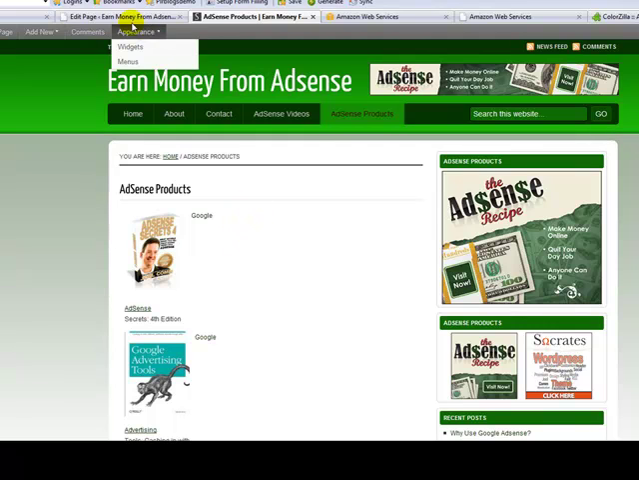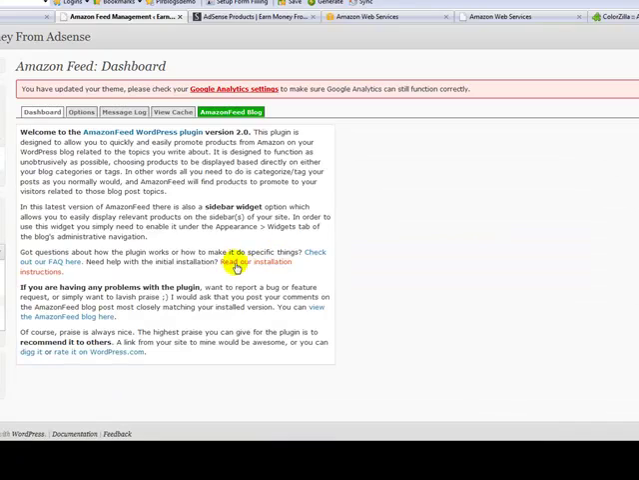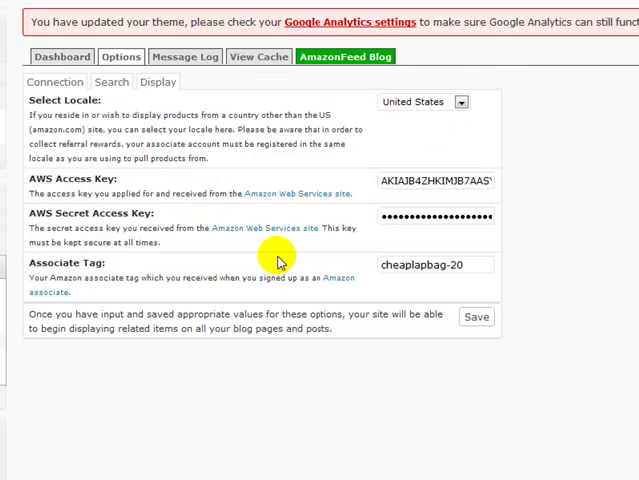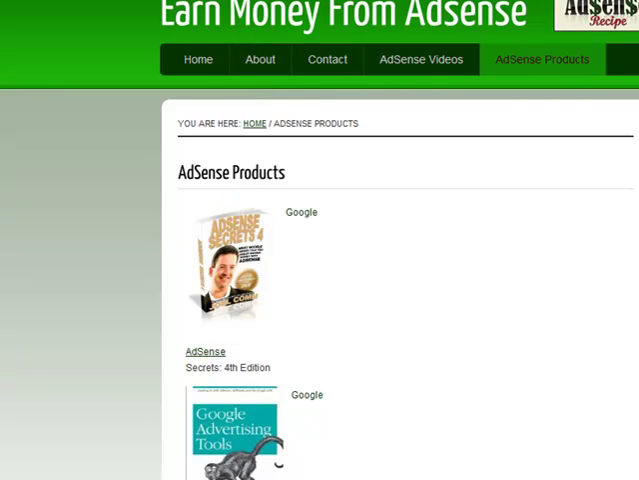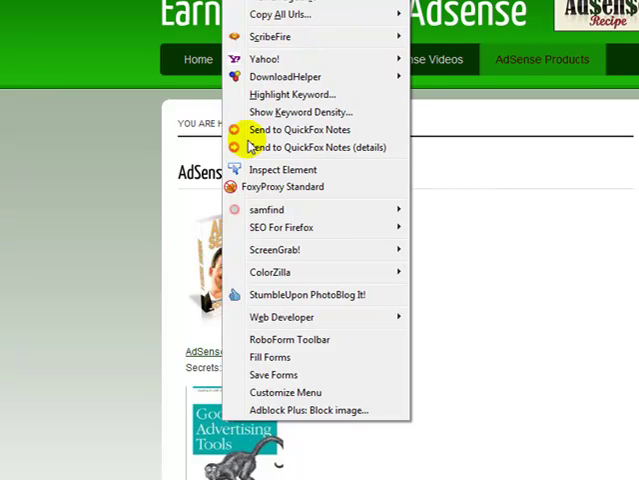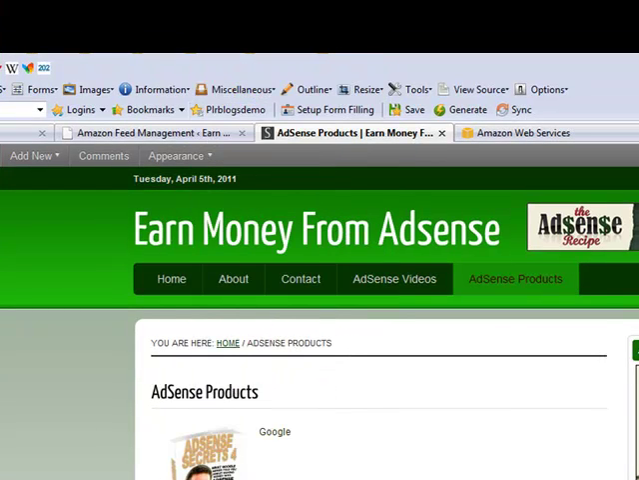So as you can see, I'll just go back quickly to Amazon feed. Once again, if you've deactivated and reactivated and it's blank, then there shouldn't be any issues. But when you first get the blog, it won't be deactivated, so you'll see that this is my associate tag. So after you've done all that and updated everything, just for good measure, maybe just right click and click copy link location, and then maybe in Notepad,